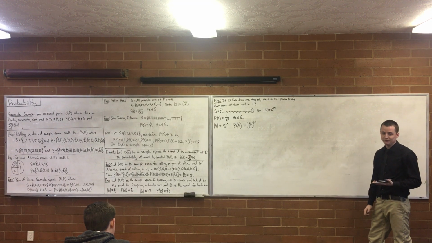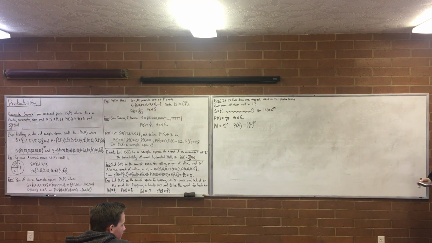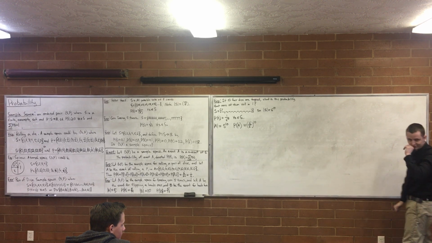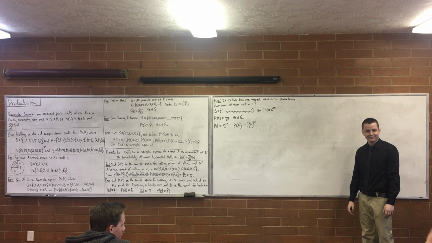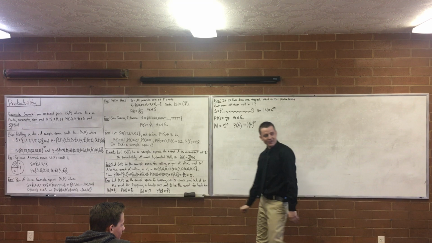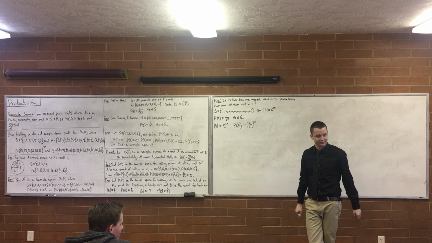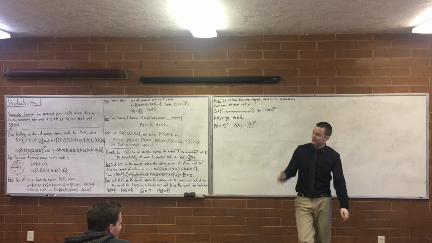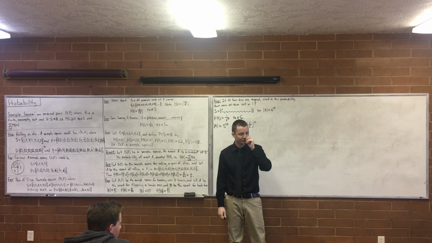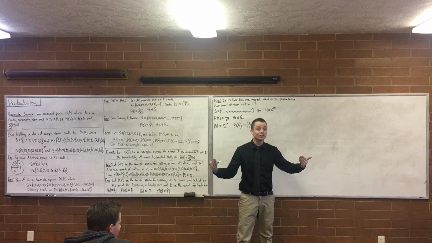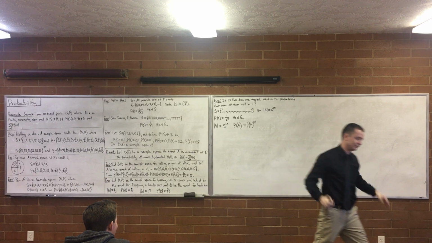Some of them you can laugh about. Most high school students, I don't know why this is misunderstood, but what causes the seasons? The tilt of the earth. Oh, got it. The vast majority of people say the earth gets closer to the sun and further away from the sun. That's not right. And you can get them to say that, and then in the same sentence you can get them to say, if it's summer here, then on the opposite side of the world it's winter. So they'll have both those ideas, and I can get them to say both those things in a conversation, and no conflict occurs in their brain.